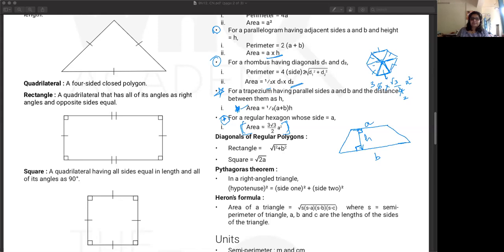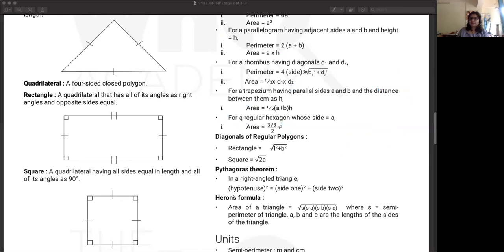So these are all the different formulas. Apart from that, you've got the formula for diagonals. How do you measure the diagonals? Like, how can you derive the length of diagonals? It's very easy. So which formula or which property are you going to use to derive the length of diagonals?